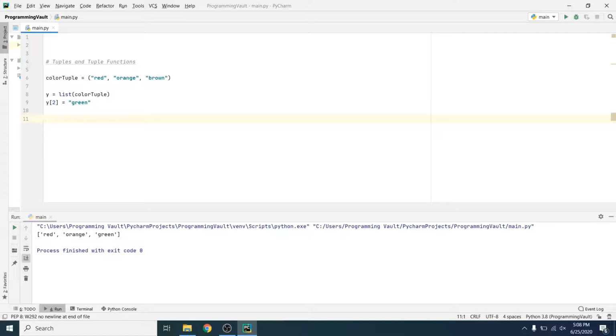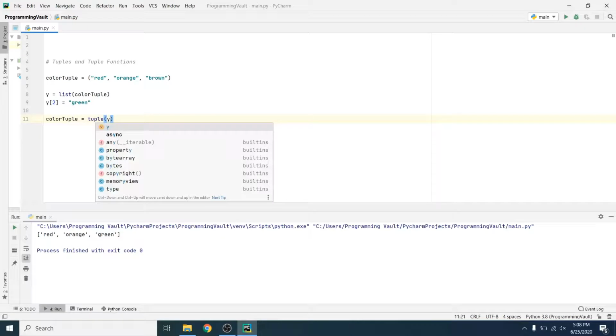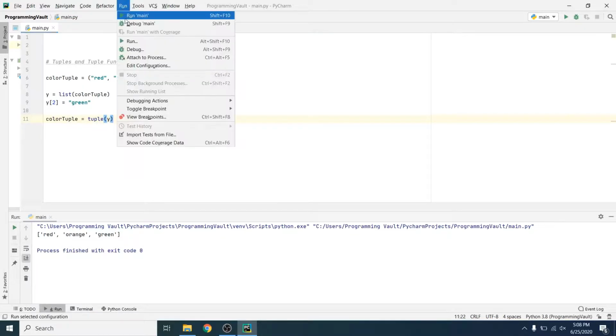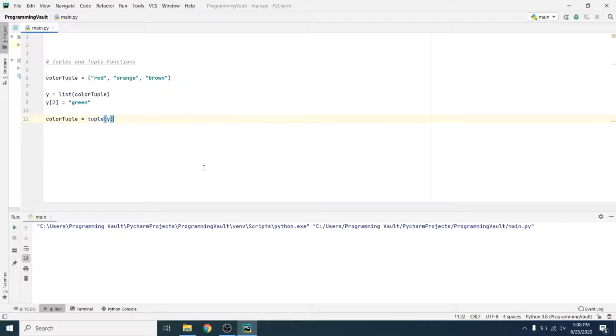So we should just be able to say color tuple equals tuple and give that a value of Y. I'm going to go ahead and run that just to make sure it works real quick. Okay, it does work. So now let's just print it out to prove it. So we'll print